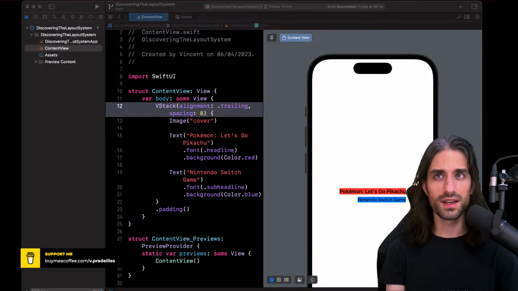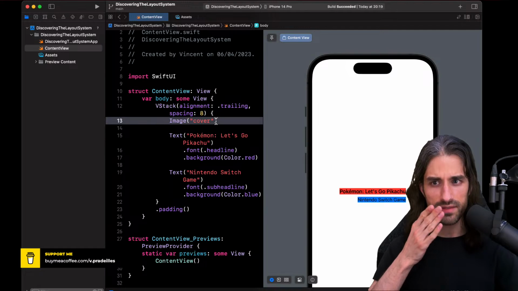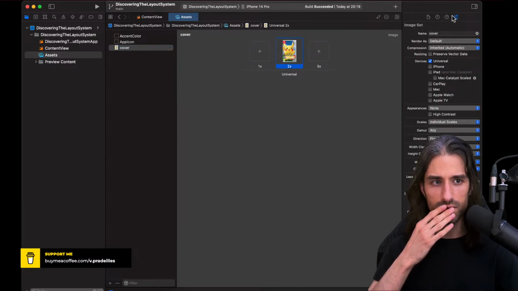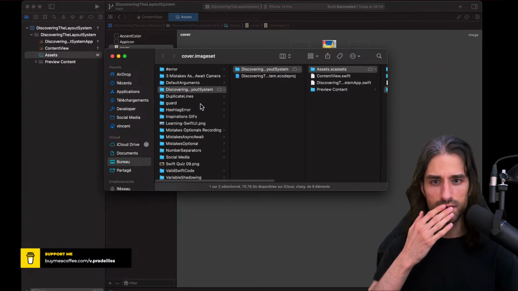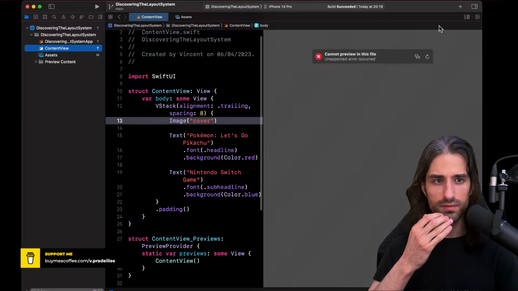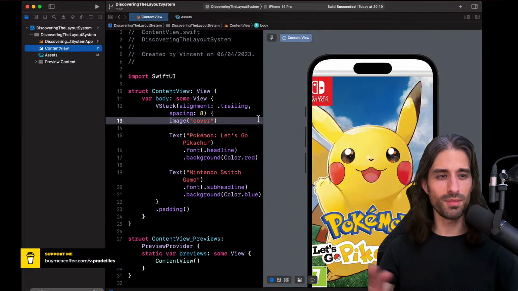Interesting. I didn't expect something to go wrong at that point, to be honest. So I've named the image cover. I've created it here. I've put the image right here. Let me just check. Okay. Trying to see it in the Finder. Okay, it's even at the right place. Oh, okay. It was just a matter of some weird cache issue in Xcode. So the image is displayed.